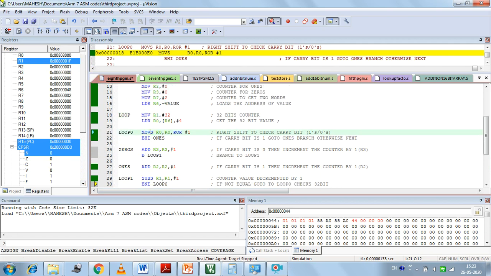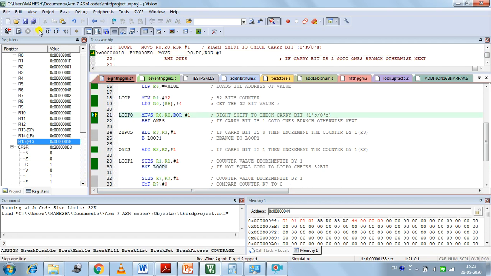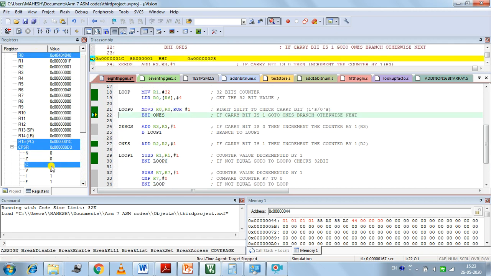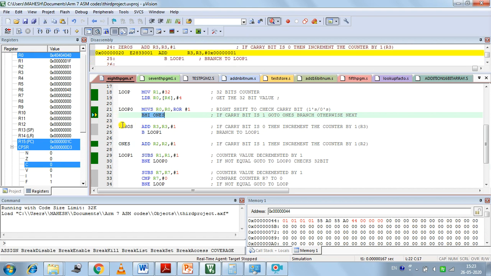So after execution of this instruction, in loop 0, just check the carry, whether it will be 1 or 0. You can see that there is no carry flag set here. That means this condition is not satisfied. In that case, it is adding to the R3 counter. What is the R3 value initially?